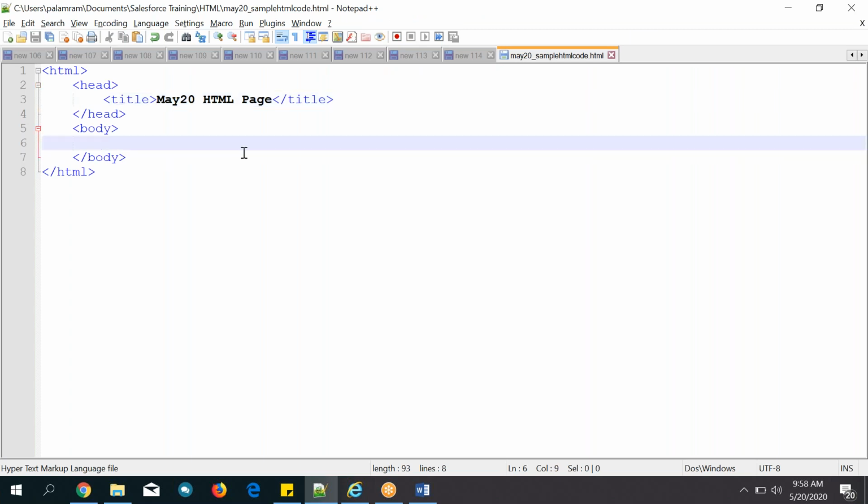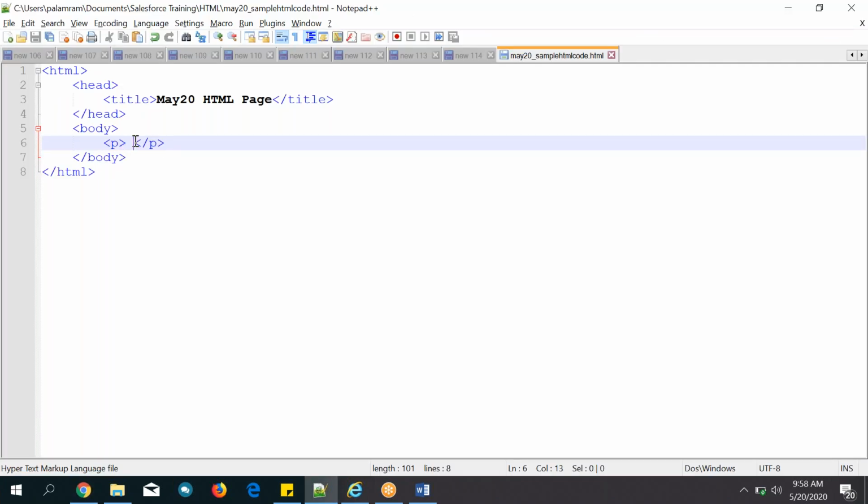Okay. Next, different tags we will see. HTML tags, right? Different kinds of tags we will work on. The first tag, let me show you, is the paragraph tag. What is the first tag? The p tag, so open and close the p tag. You have written the p tag. Let me show you. Have you seen any output? Come over here, refresh. Is anything there? Nothing is there. So write something.